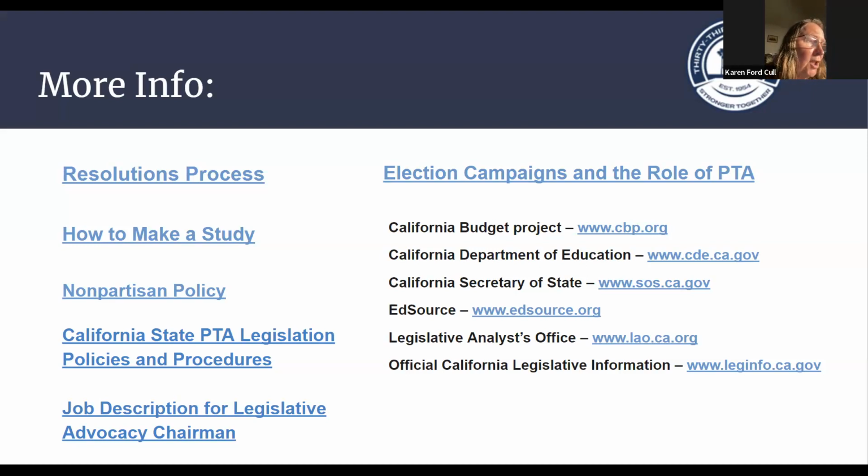And then the other thing, which I think is really helpful, I didn't put it here, but in terms of learning about how the California education system works, Ed 100 is a program where you can learn about how the system works, and at the same time you get points for each chapter that you complete, and you can use the points to put you in a lottery where you can win $1,000 for your unit. So that's something I often would say as the only thing, if I don't have much to report, I tell people all about Ed 100 because I think it's good for educating people about how our system works.